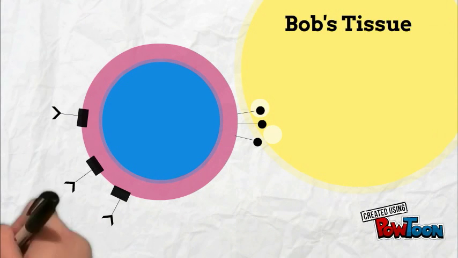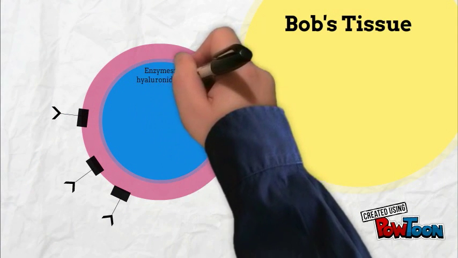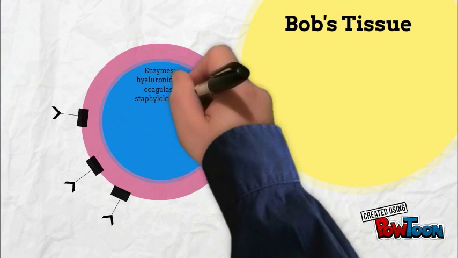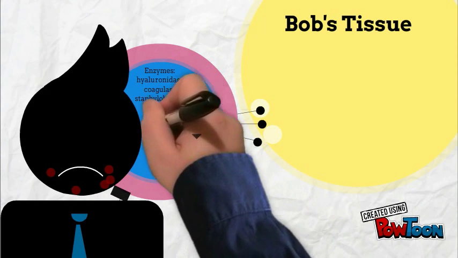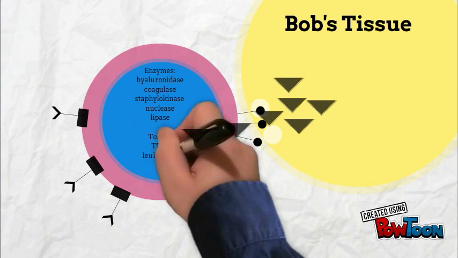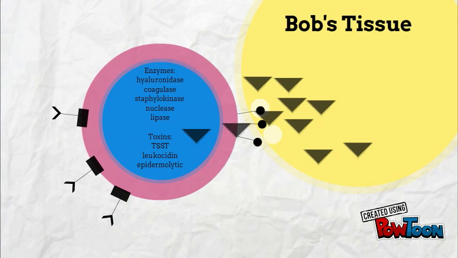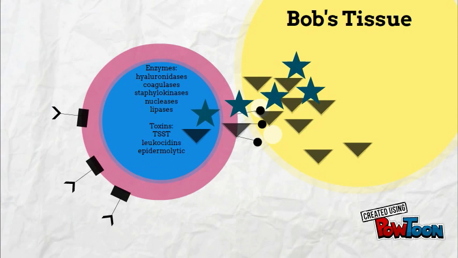Bob's tissue is then damaged by enzymes and toxins produced by the pathogen. Since Bob has redness and bumps around his mouth, the epidermolytic toxin is actively causing these symptoms through scalded skin syndrome, along with the coagulase enzyme which causes blood clotting. Other tissue-affecting enzymes that the Staphylococcus aureus pathogen can create and release into Bob's system include lipases, hyaluronidases, staphylokinases, and